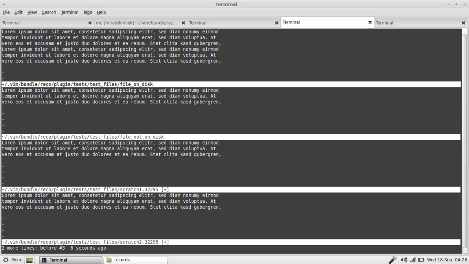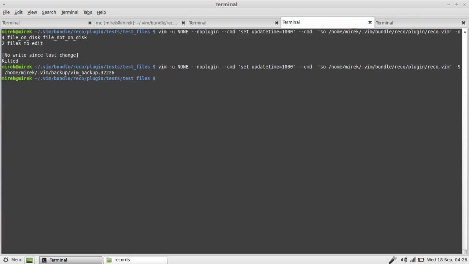And as I said, without Reco you must always remember to remove all the swap files, otherwise you will get the swap info message each time you open the same files. It doesn't happen with the Reco plugin, as after you close your Vim, the Reco plugin removes all the swap files and the whole backup directory is cleared. So